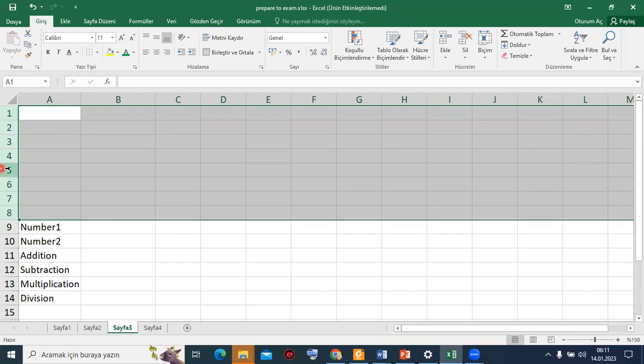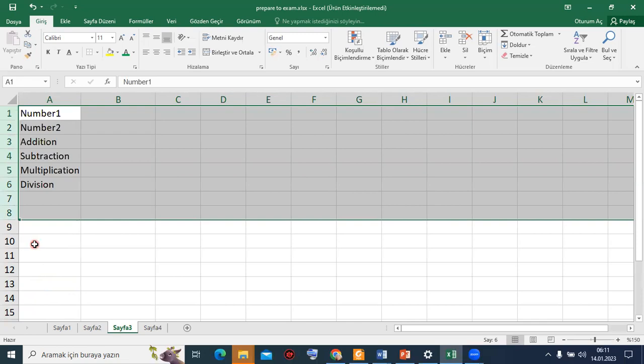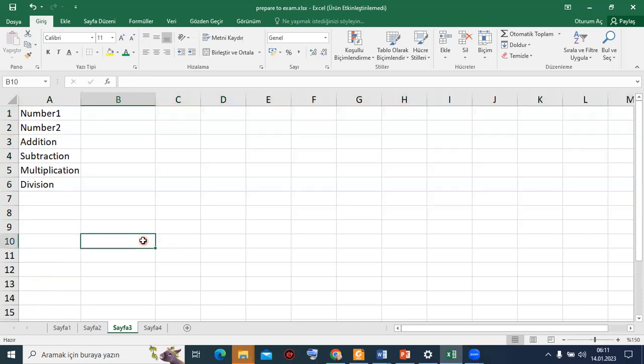And again, right click, delete. Right click means the right button of the mouse. Okay,